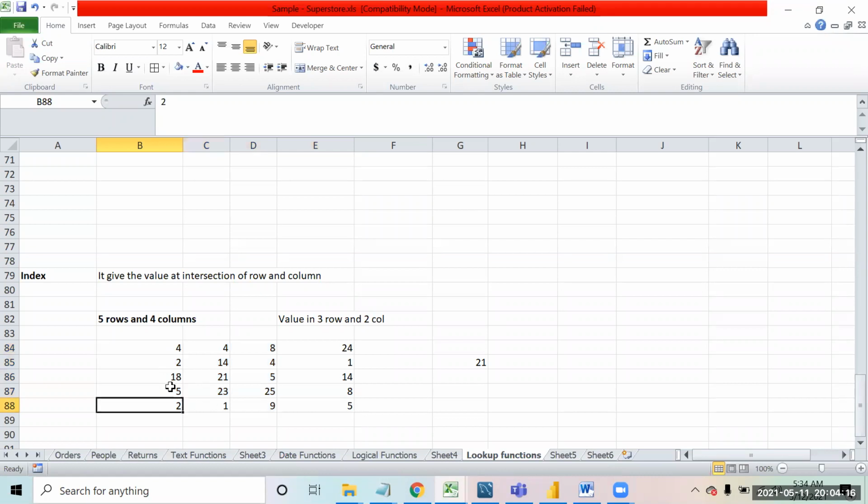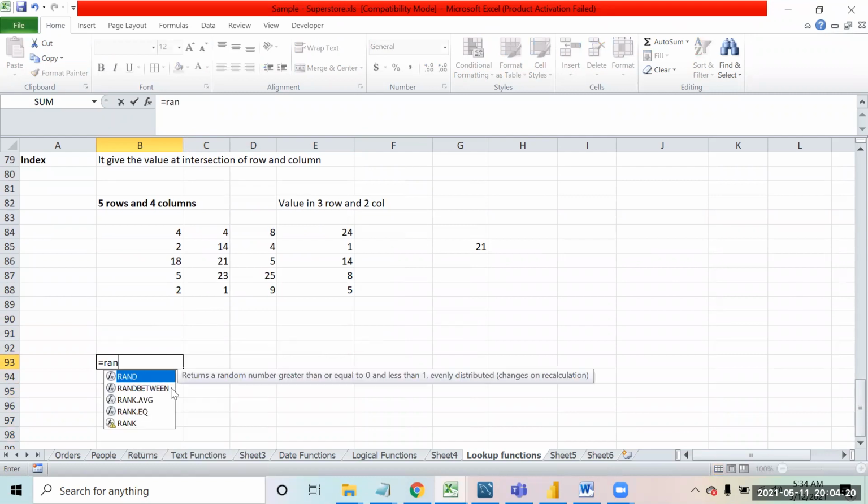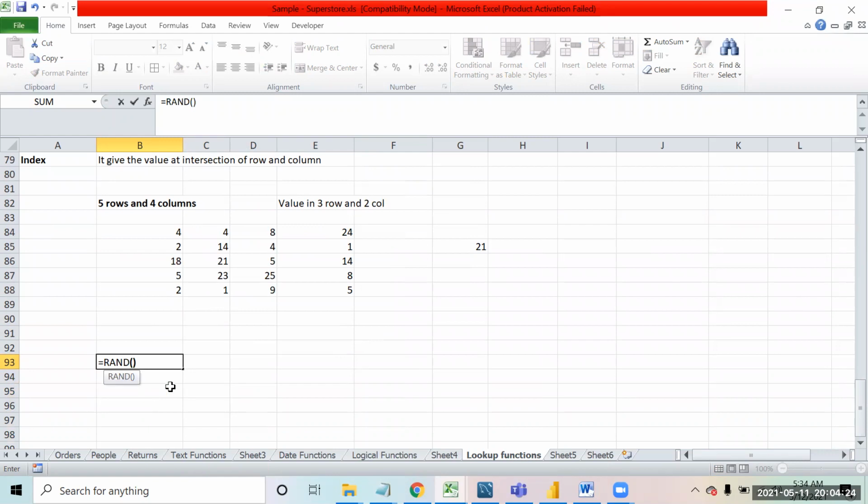See, there are two formulas in Excel. One formula is called RAND, right? The RAND formula doesn't take any input. You just say RAND and open and close bracket. What this will do is give you a random number between 0 and 1. Every time you refresh your Excel, it will give a random number between 0 and 1.